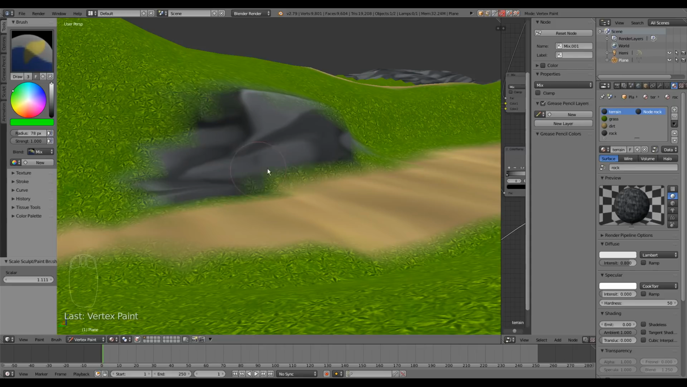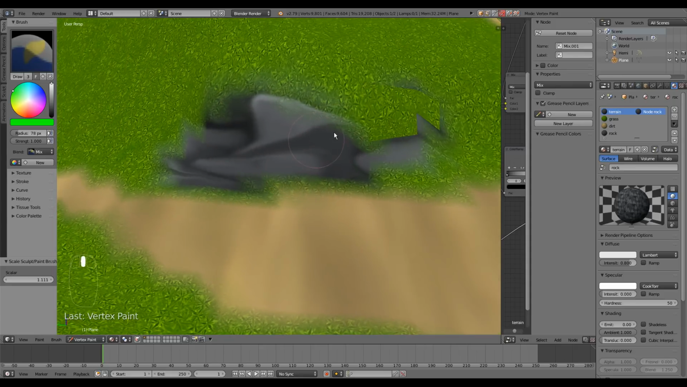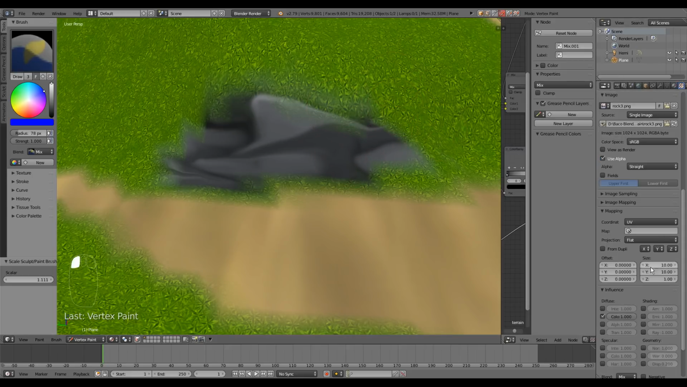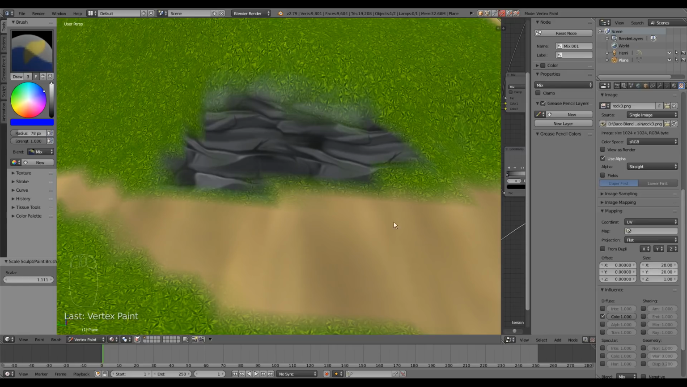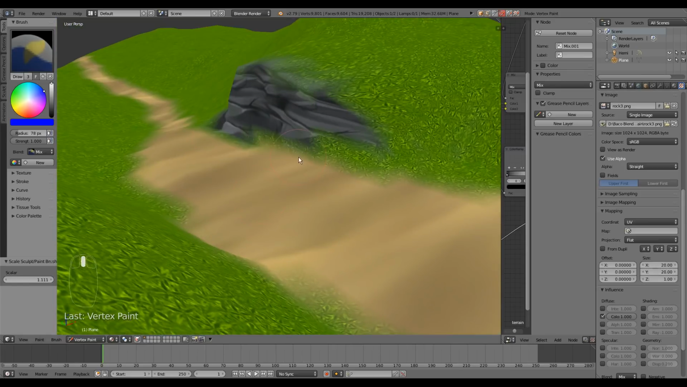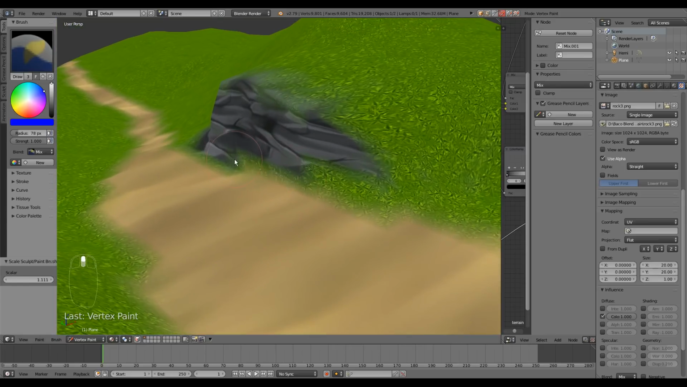And I think the rock is slightly too big, and we're going to fix that by increasing the tile size to probably 20 and 20 also, and start painting it again. Oops, the rock is in the green channel,